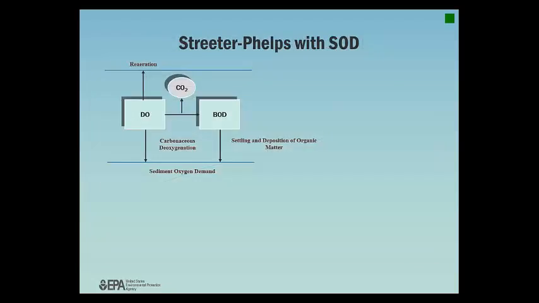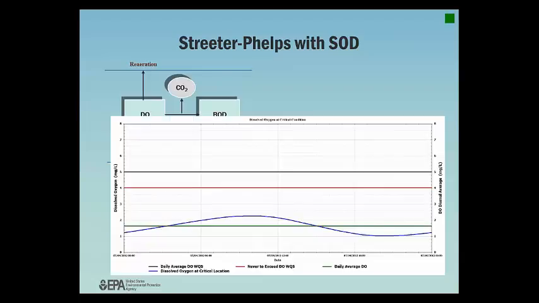The next scenario we're going to look at is a modified Streeter-Phelps. We're going to include the impacts of sediment and oxygen demand. This represents probably the most simplistic setup you should use when investigating impacts on dissolved oxygen. We'll be doing pretty much everything the same way we did before, but in this model scenario, we've added SOD to the model, and you'll see that our predicted dissolved oxygen concentration and daily average oxygen concentrations